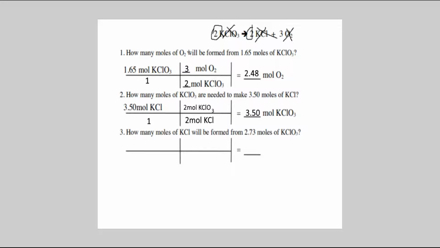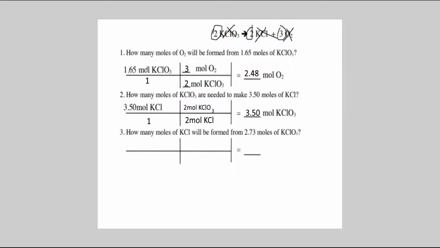So you're looking for moles of O2 that would be formed with 1.65 moles of KClO3. So now you set up the equation by doing 1.65 moles of KClO3 over 1 times 2 or times 3 moles of O2 over 2 moles of KClO3. Now, you get these numbers from the coefficients up here, as I talked about before, which is why the coefficients are important. And so after you multiply the top numbers and then divide it by the bottom number, you will get